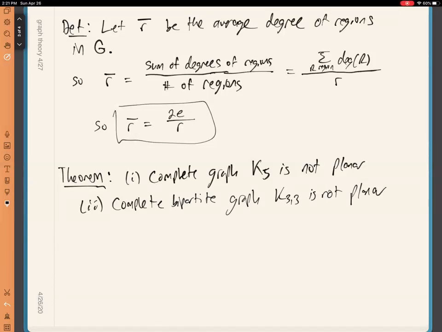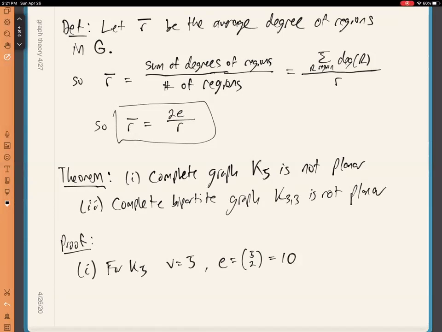Right, and so how is this going to work? Well, let me first begin by proving the first part. So let's look at part 1. Well, for K5, remember that the number of vertices is equal to 5. And since for the complete graph there's an edge connecting every pair of vertices, the number of edges has to be equal to 5 choose 2, right? Because for every pair of vertices, or every choice of 2 vertices, you have an edge connecting it. So that's equal to 10,